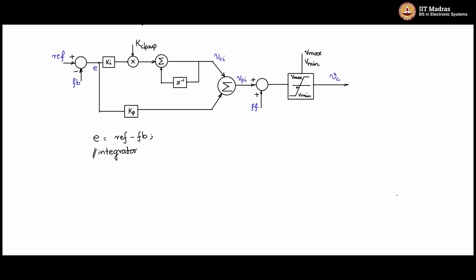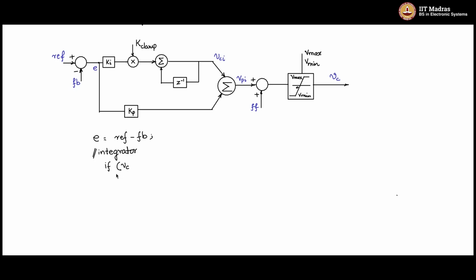If k clamp is 0, whenever you want the anti-wind-up action to come in, then the input error is not passed through. This will keep staying at whatever the previous value is. Accumulator will not accumulate any further because this will be 0. So this will become your anti-wind-up